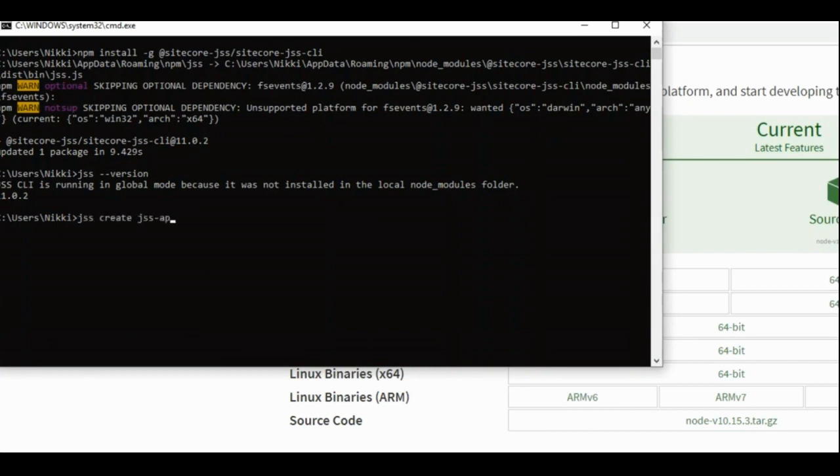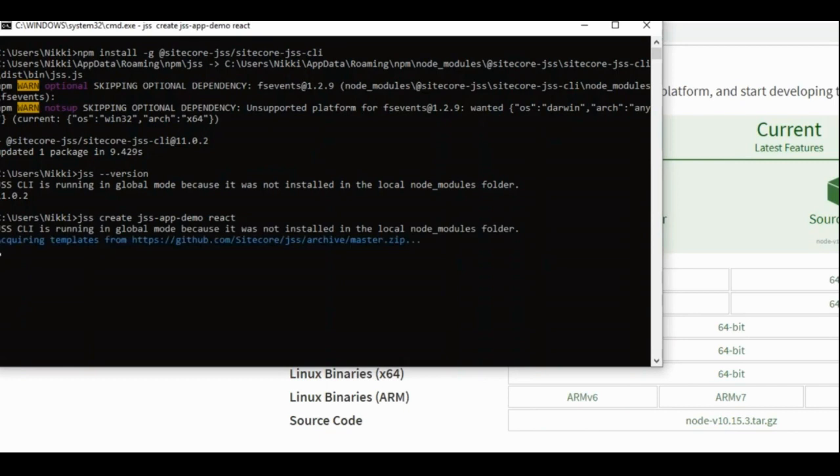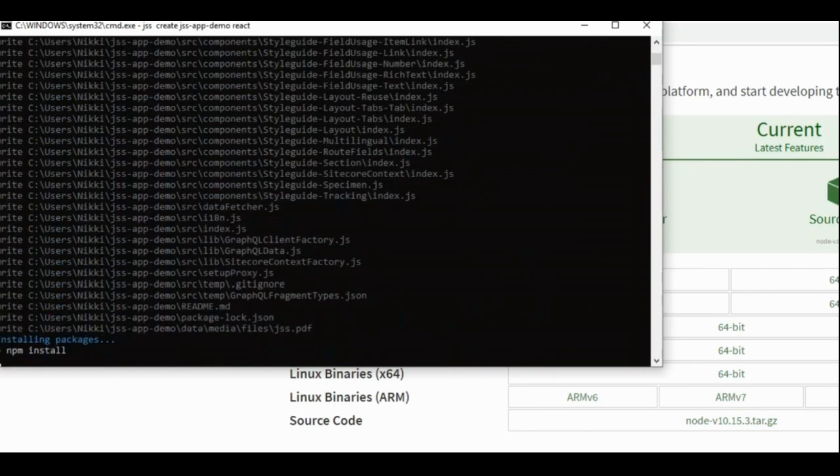Now I'm creating a JSS app demo using the React.js application template. I give the command jss create app demo react. It will create the application and deploy it.